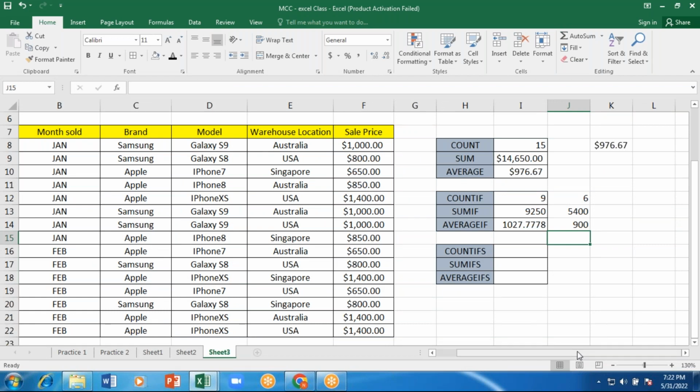So here we have used only one condition. What condition? Only the brands, as we have seen. So in case I want the total of brand Samsung that has a model S9, which is also available only in USA, or which is available in USA or Singapore. Like this I want multiple conditions. I want the total of Samsung Galaxy S8 which is available in Singapore. In that case, how will I do it? That is multiple conditions. So COUNTIF